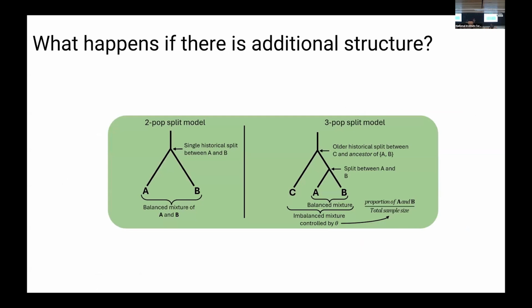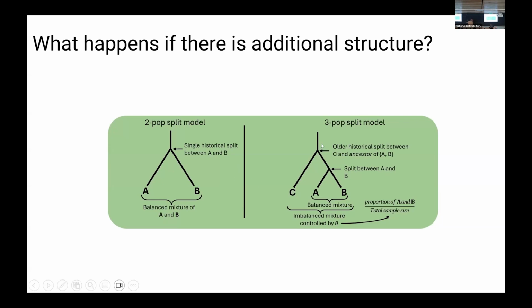But we're going to try and model reality, and there's no two-population model that describes the reality of genetic data sets. At the same time, the messiness of the demographic model that might underlie reality is also very, very messy. We don't know how many axes of structure there are, or the magnitudes of different things. It's hard to model it and capture it mathematically. So what we're going to do is move one step along the complexity axis and say that our confounded axis between A and B is embedded in some more complex scheme where